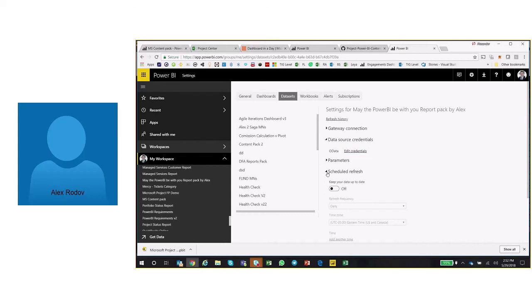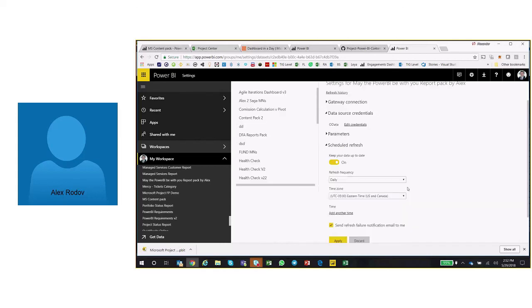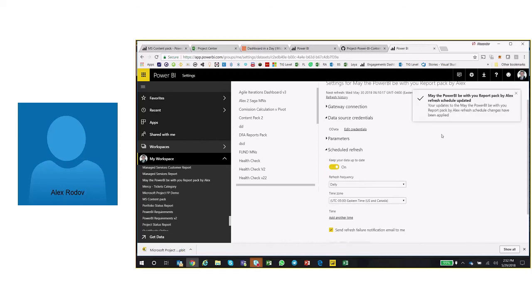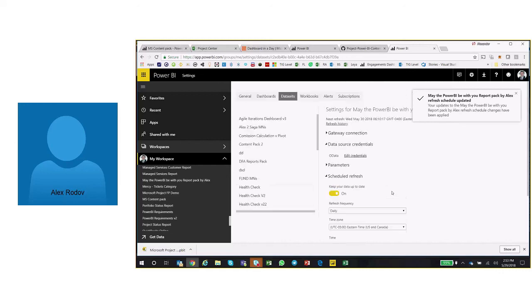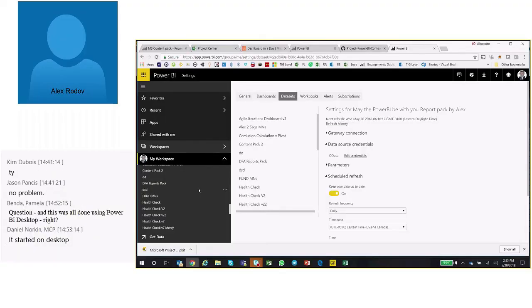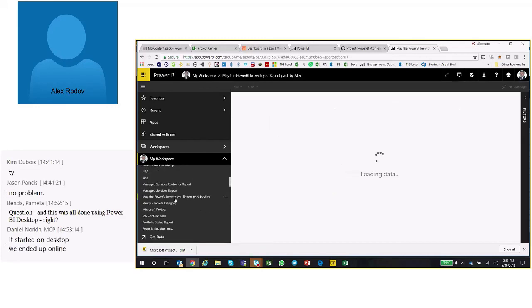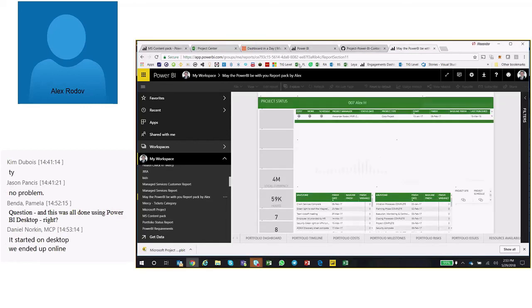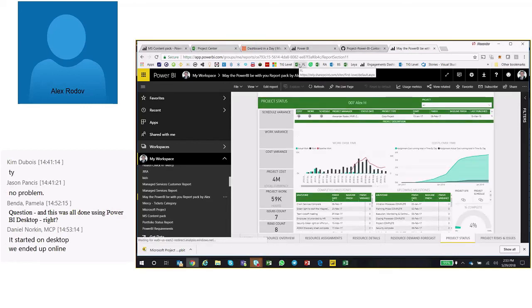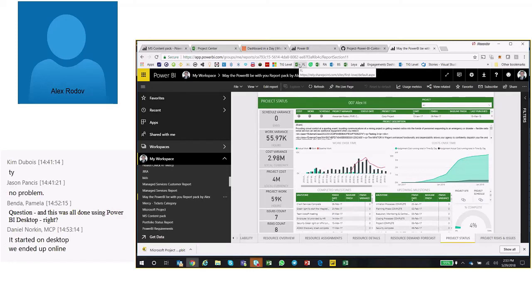And here on the schedule refresh, I can turn on the schedule refresh and say I want it refreshed daily and hit apply. So from now on, this report is going to be refreshed automatically on a daily basis. So I don't need to open the desktop. I can always come to this report here, and I can grab the link and publish it into some other place, and then make sure I'll just have this report refreshed on an automatic basis every day. All right, so that's